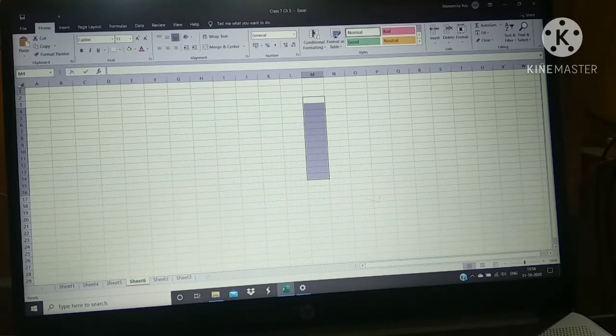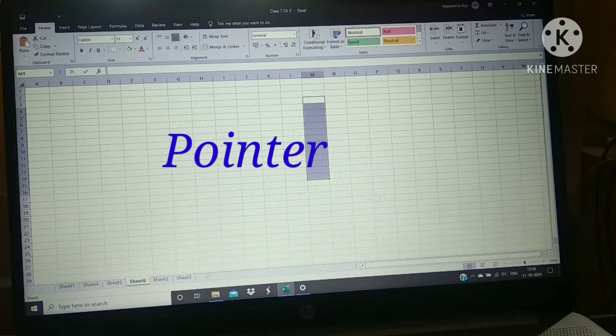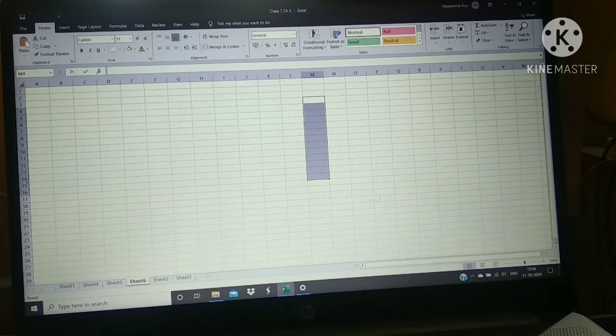Now we will be looking at what is a row header. Look at the extreme left-hand side where you can see the cursor moving. Each row in a worksheet is assigned a number such as 1, 2, 3. Can you see? Yes.